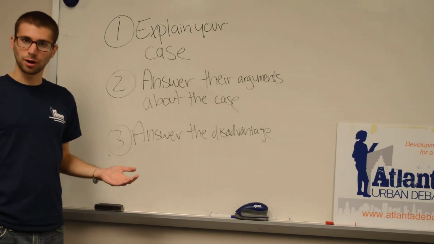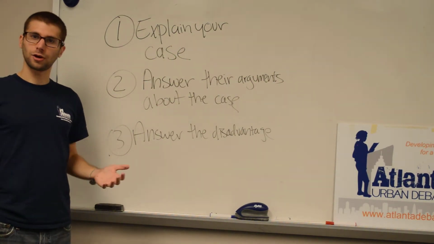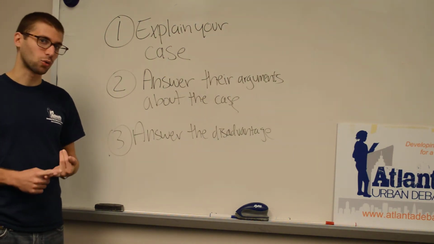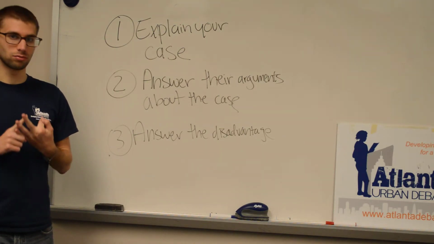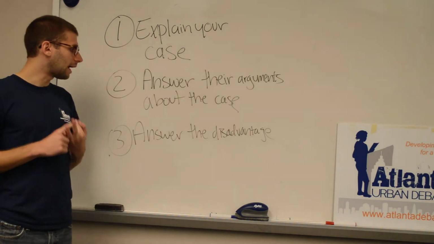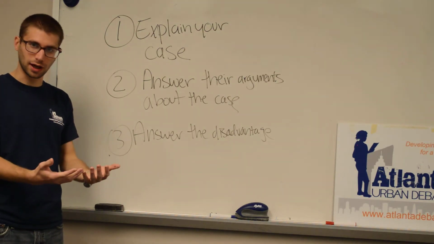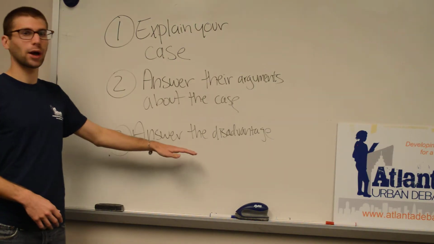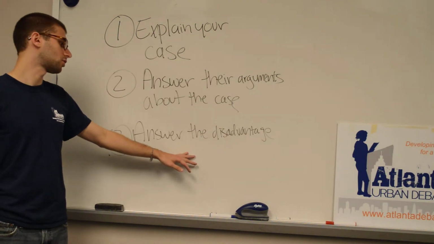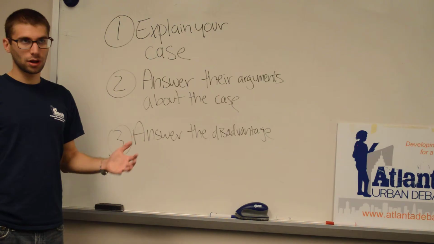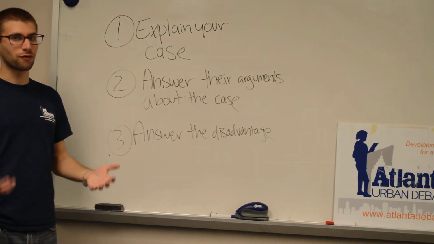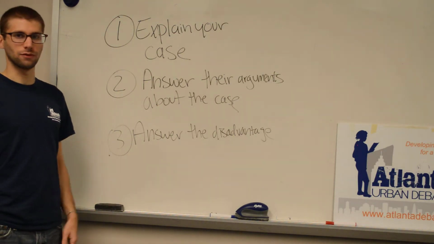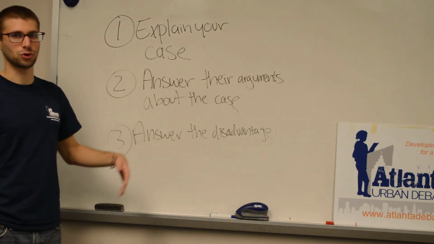So if in advance you're able to look at those disadvantages, think about whether they apply to your affirmative, whether the arguments they make are actually quality arguments, whether there are weaknesses in them you can exploit to your advantage. Asking those questions to yourself and then writing down the answer, so writing down what you think are weaknesses in the disadvantage, is a pretty good way to be prepared even before the debate to answer the disadvantage. So if in your mind or on a piece of paper you have 4 or 5 reasons why the disadvantage isn't true, then you'll be really prepared to give this part of your 2AC.